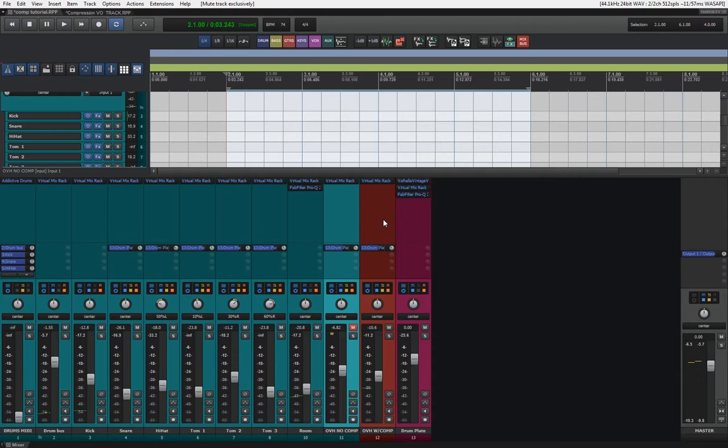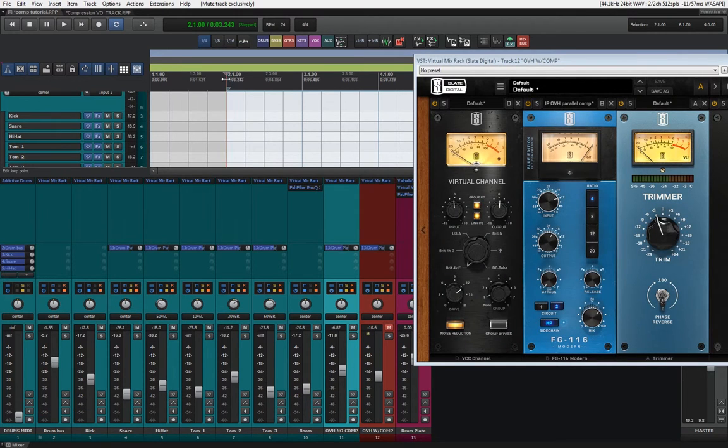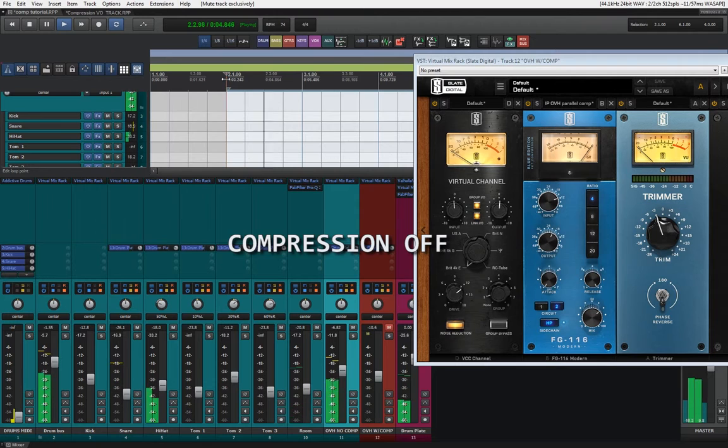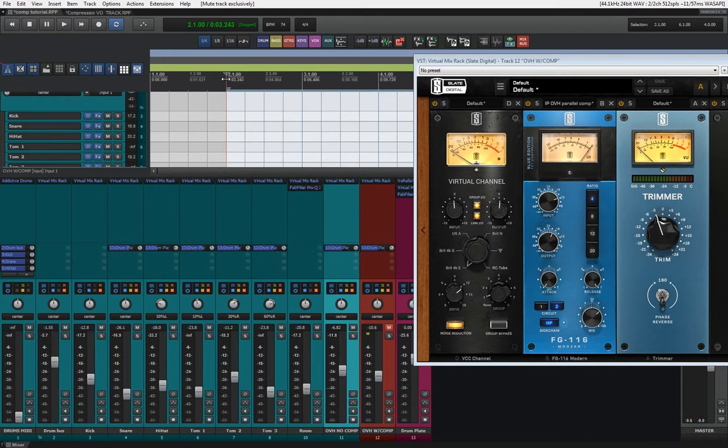and there's more room and sustain in the hi-hat, because when you take a listen to the hi-hat at first, it's not filling the space as it should.